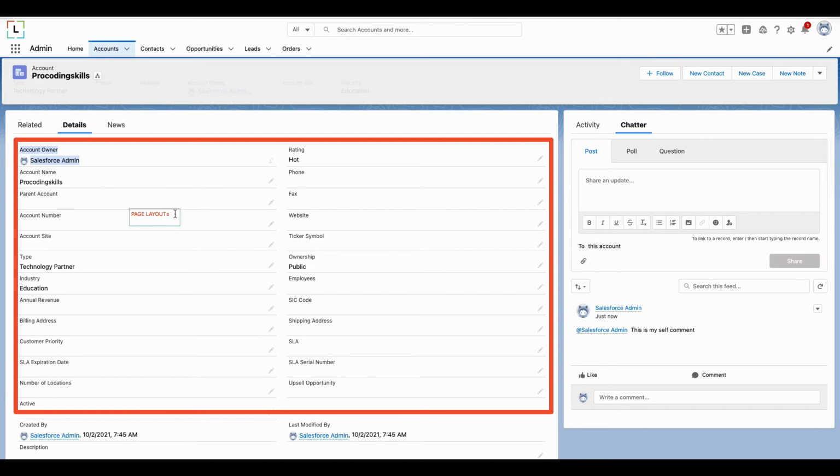Inside page layouts we can build it, and we can add extra components through Lightning App Builder record pages. Through Lightning App Builder record pages, we can add extra components. We can even customize the entire layout however we want.